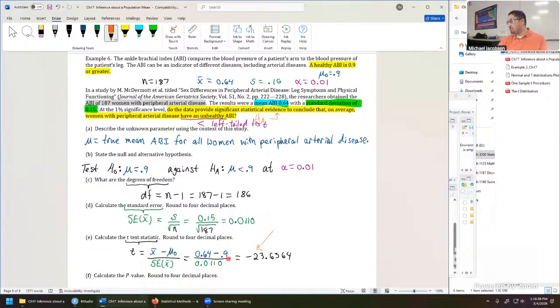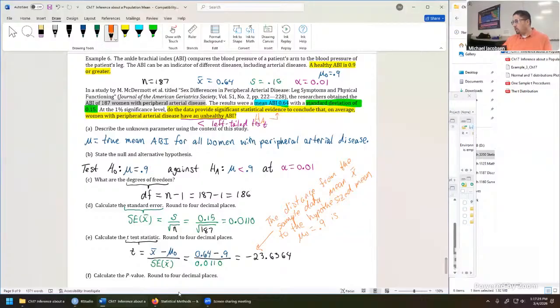That number, negative 23.6364, tells us that the distance from the sample data mean x bar, so the data that we actually got, the distance from that to the hypothesized mean of the entire population, the distance from the mean x bar to the hypothesized mean mu naught equals 0.9 is, well, I can't say exactly standard deviations because it's a standard error, but it approximates